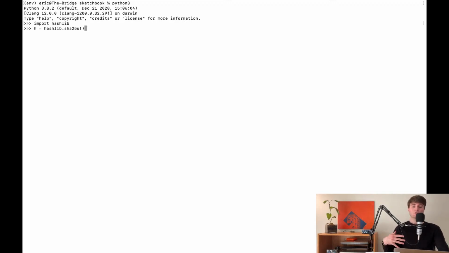So we're going to create an instance of a SHA-256 object from hashlib. Just to be clear, there are other types of hashing algorithms out there. SHA-256, I believe, is used in Bitcoin, either that or SHA-512. I don't remember off the top of my head. But anyway, we're going to create an instance of a SHA-256 object, and then we're going to say h.update, and